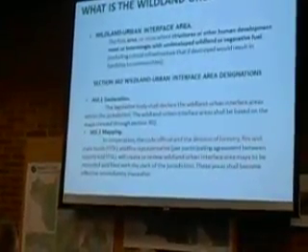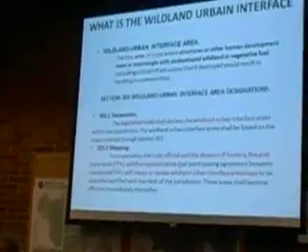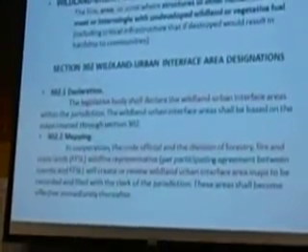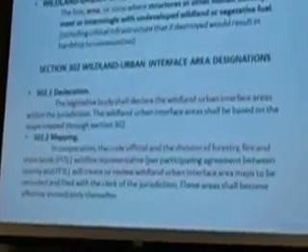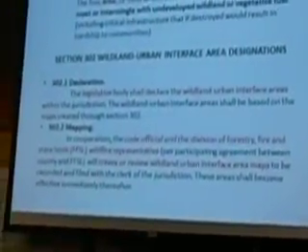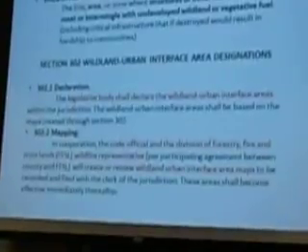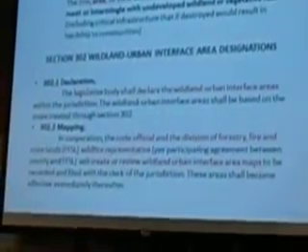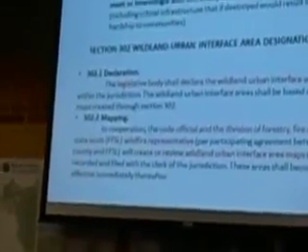Section 302 designates how the map is set forth. In 302.1, the legislative body shall declare the wildland urban interface. This gets into the code official and the Forestry, Fire, and State Lands representative for our area, who set forth what the urban interface is. This is done through expertise about topography, vegetative fuels, how a fire is going to behave in a slot canyon, if it's a chimney, what's going to happen and what needs to be mitigated through the code to prevent